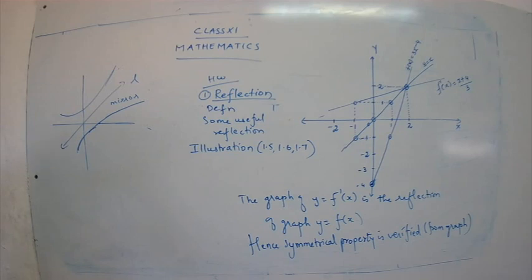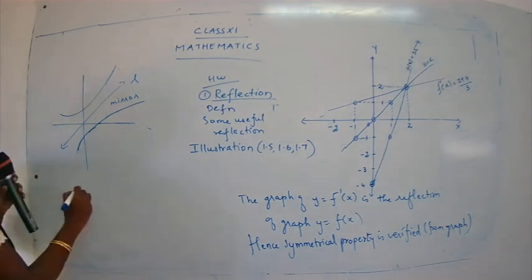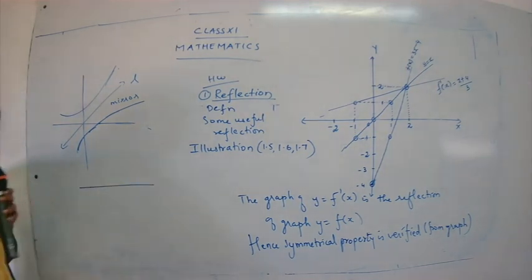What is the first point given? The graph y is equal to minus f of x. The graph y is equal to minus f of x is the reflection of the graph of f about the x-axis. About the x-axis. See how your graph will be. Suppose we have a function. Now here, a lot of details.